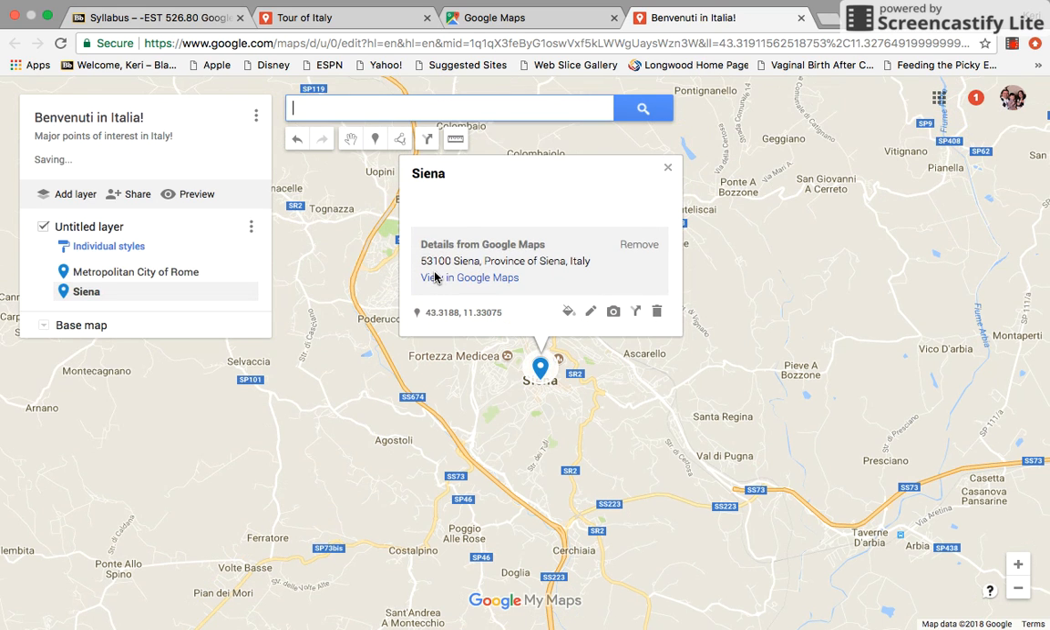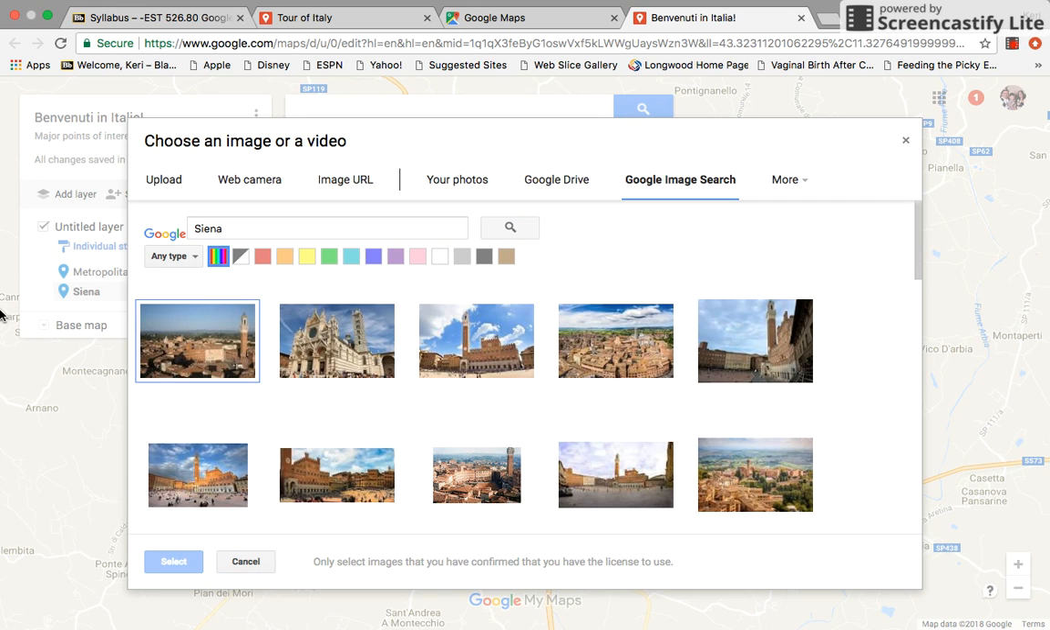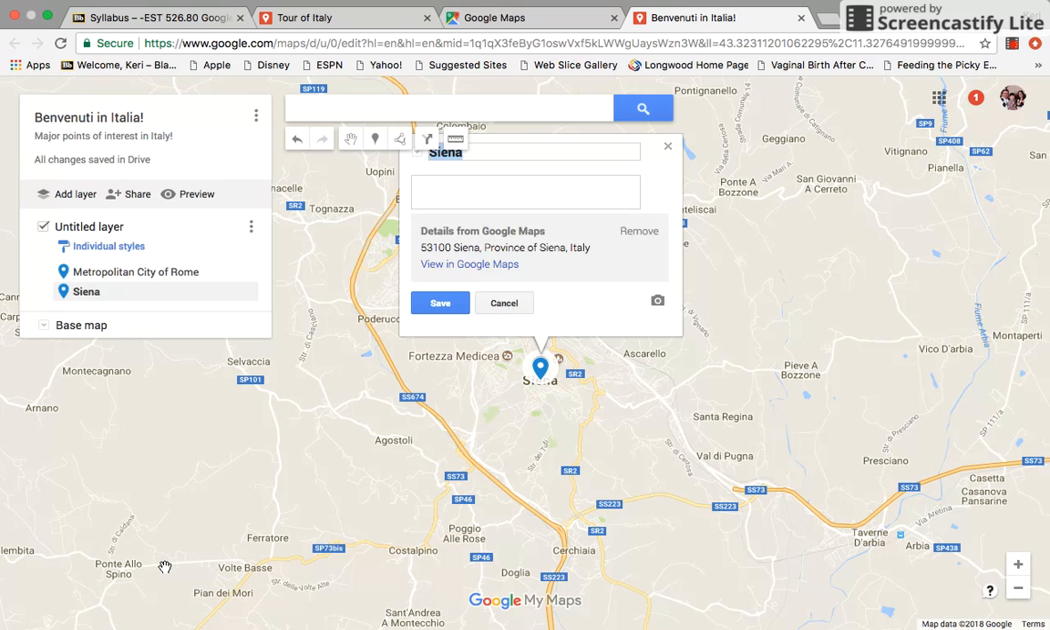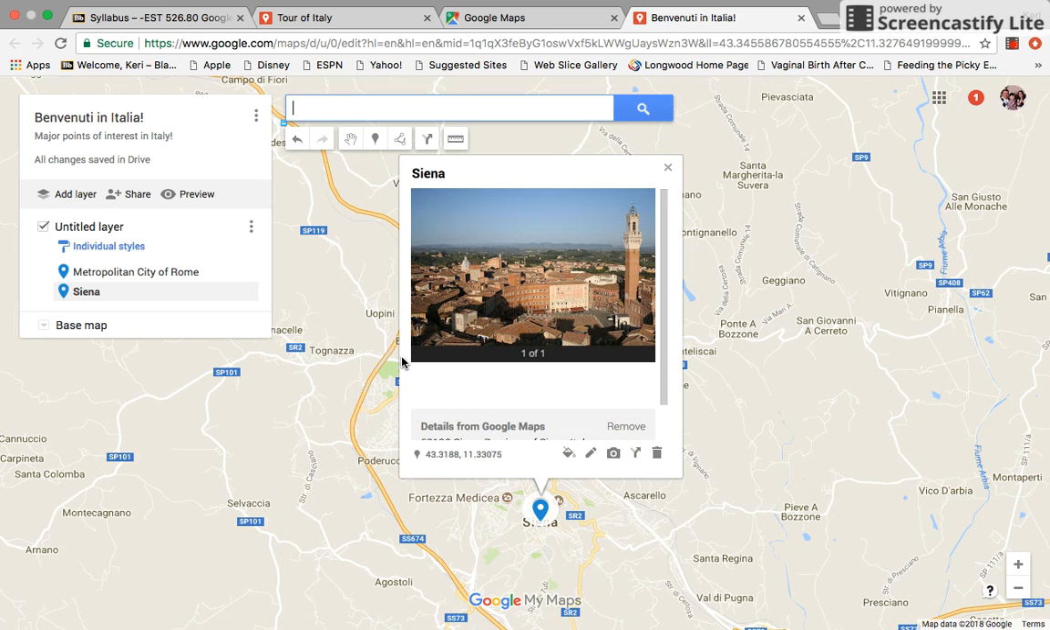Add in another location and a photo, and save it. At this point, most teachers were interested in different things that they could add